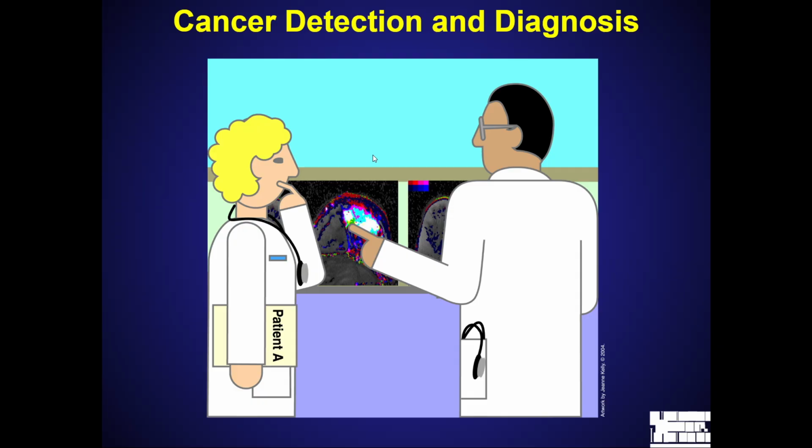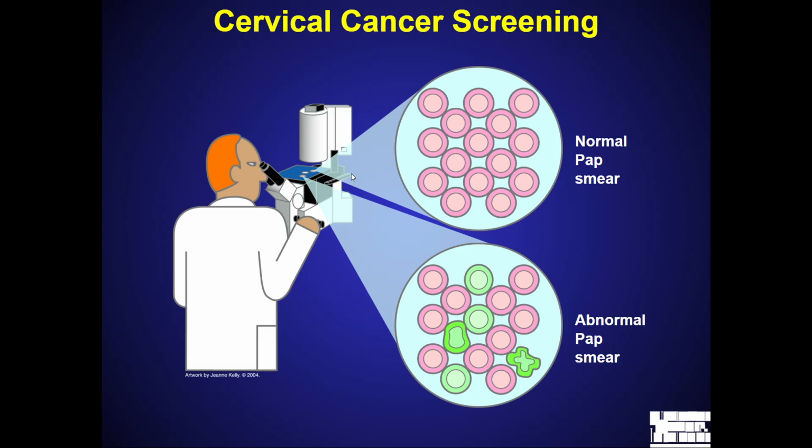Finding cancer early may decrease a person's risk of dying from cancer because if you find it early, it's less likely to have metastasized and it's also just less likely to have grown as much, so you can treat it easier. Now, we are going to be getting into some cervical cancer screening and other cancer screenings.